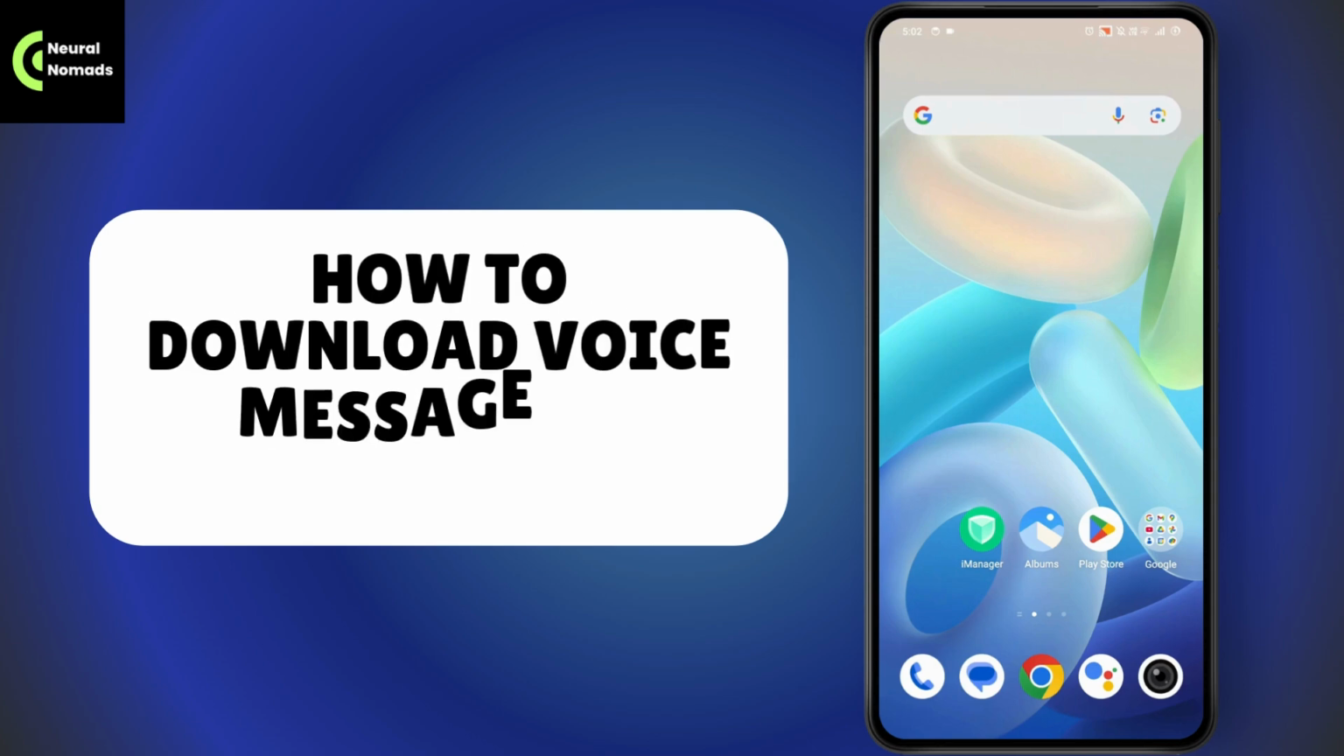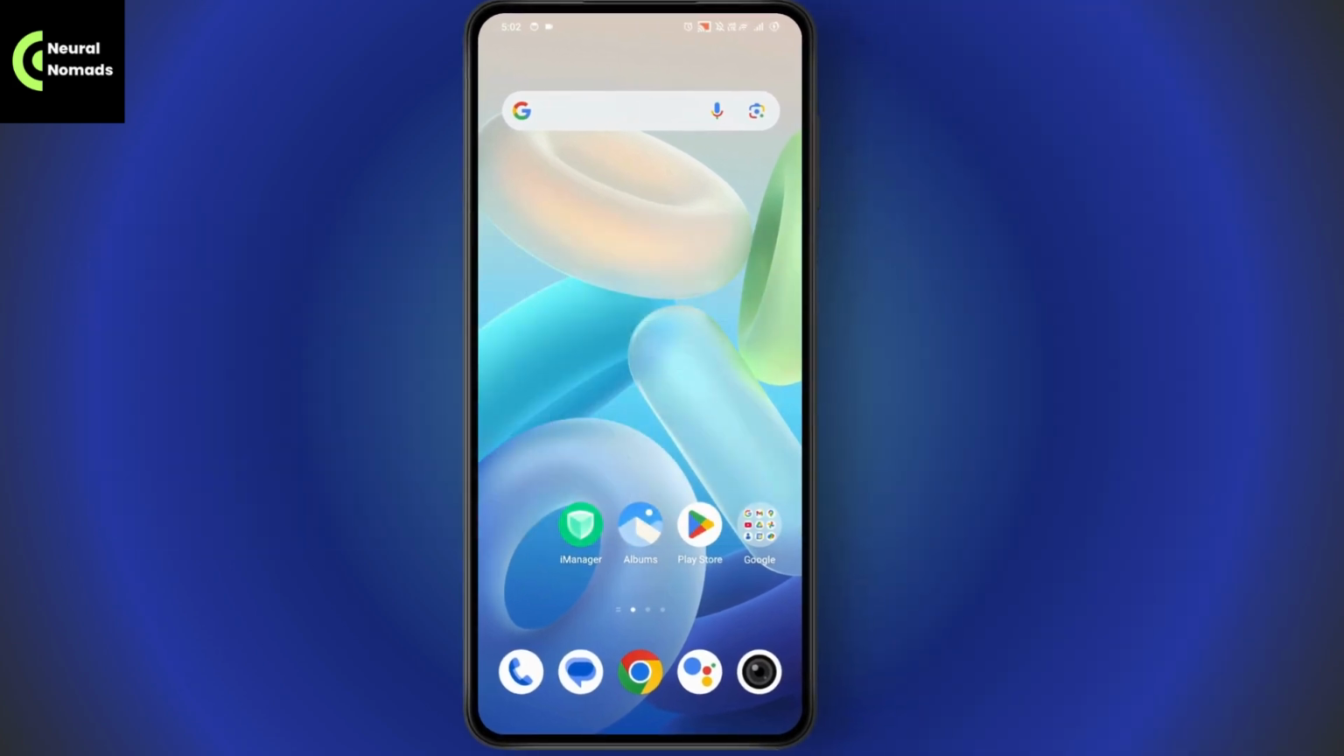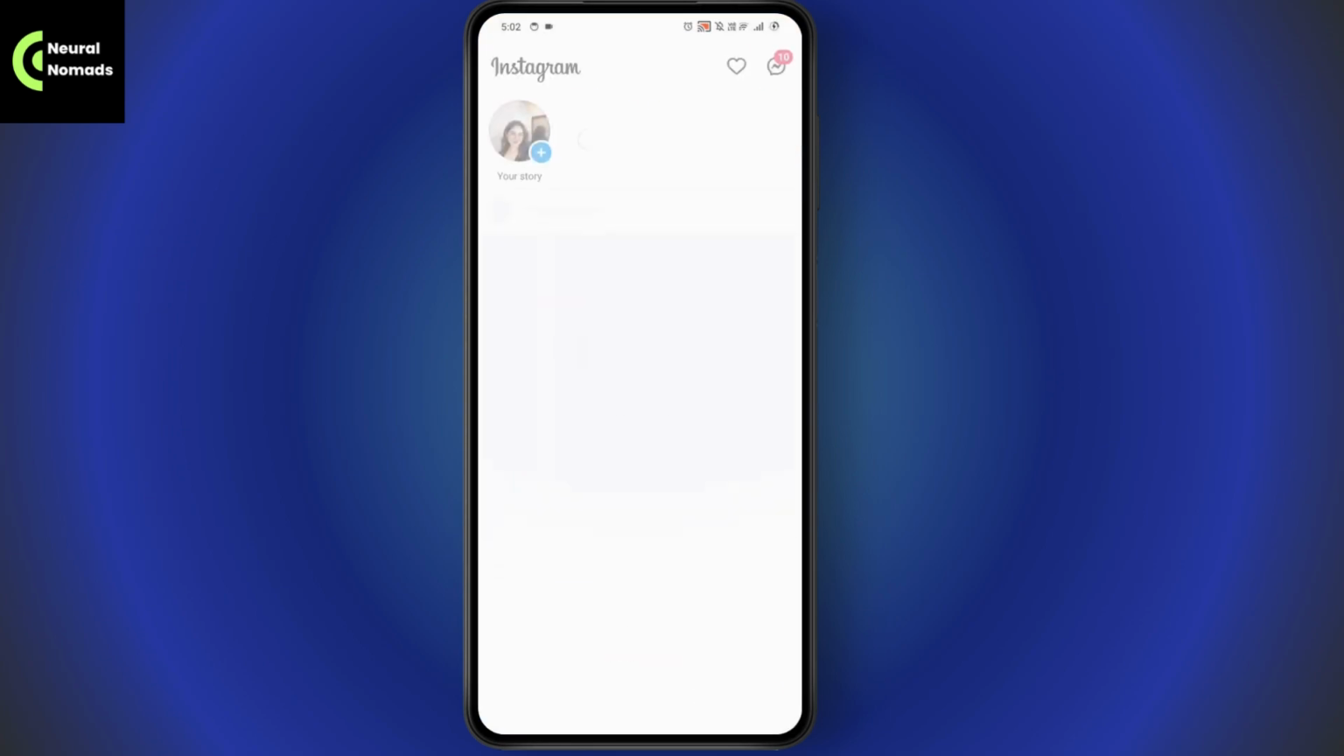How to download voice message on Instagram. So if you want to download voice message on Instagram, then first you need to open up your Instagram application